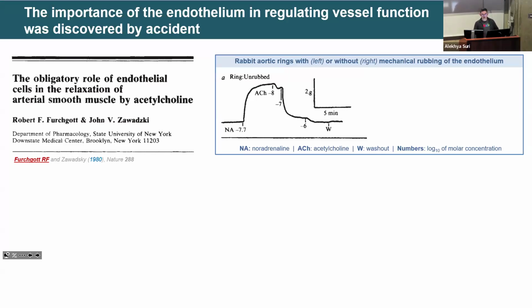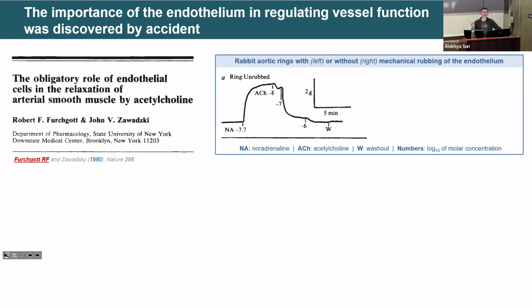So basically, they discovered that in the preparation of these aortic rings, whoever was doing the experiment was rubbing the aorta so hard that the endothelium was destroyed, right? So effectively, their preparation did not have an endothelium. So when they discovered this, they started testing this. And they figured out that in this particular experiment,